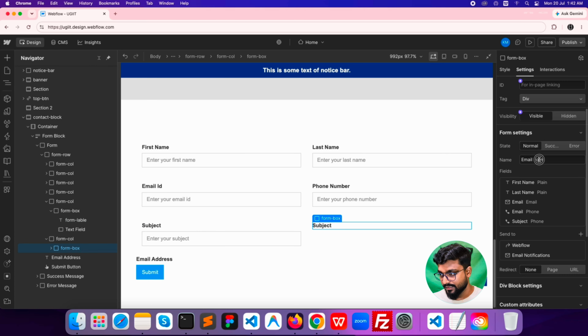So now I have reduced some min width, and also added the rounded corner like 10 pixel, and I have